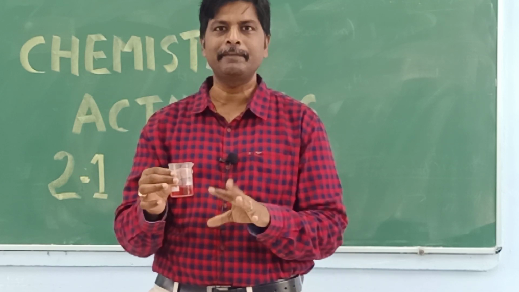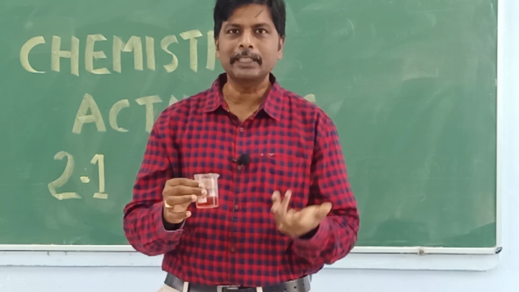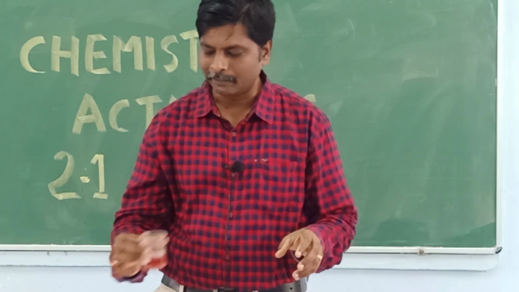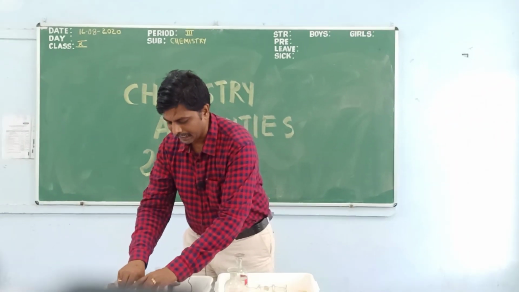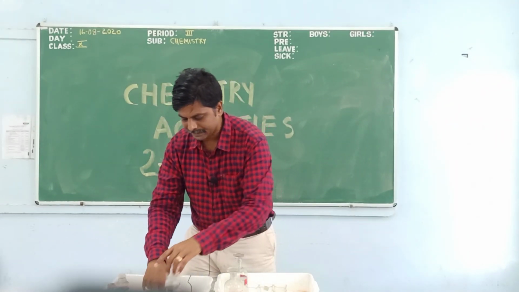So that means HCl is tested with 4 indicators. This observation came. Like this you can do H2SO4, you will get the same observation. So it is about the first part of this experiment, for acid. Now for base.